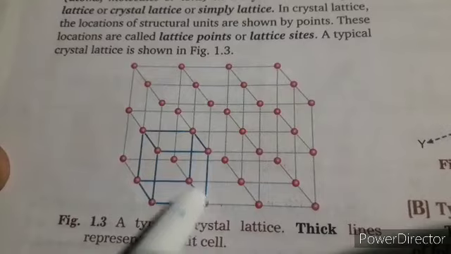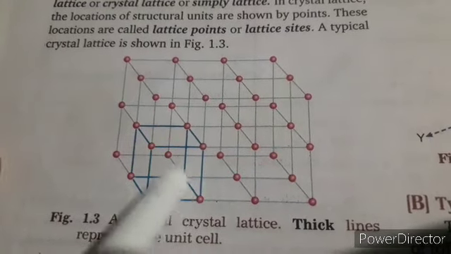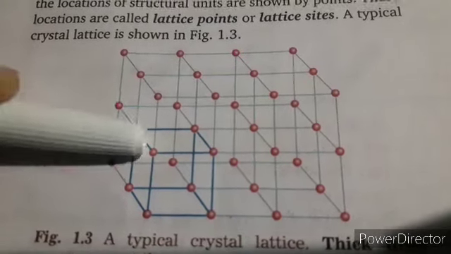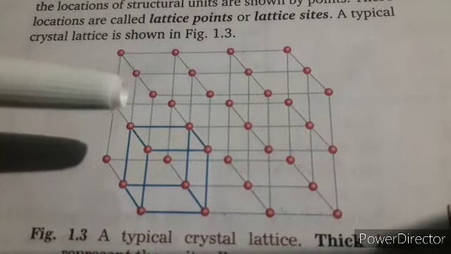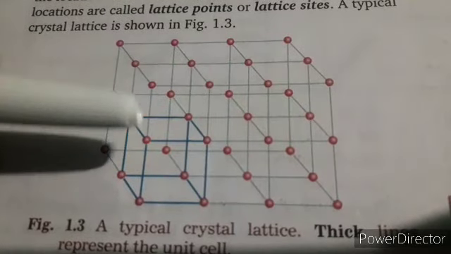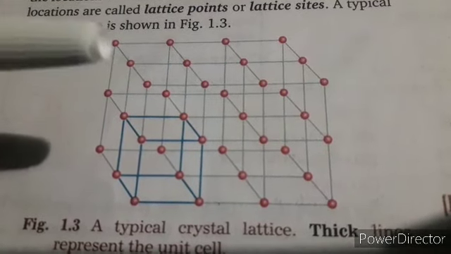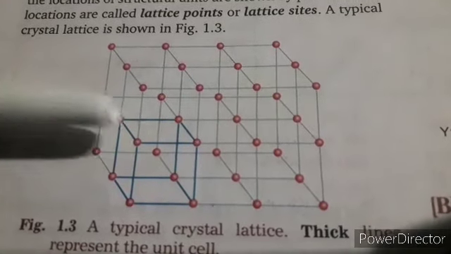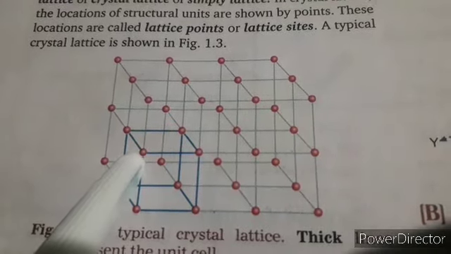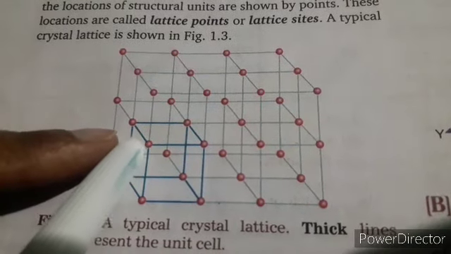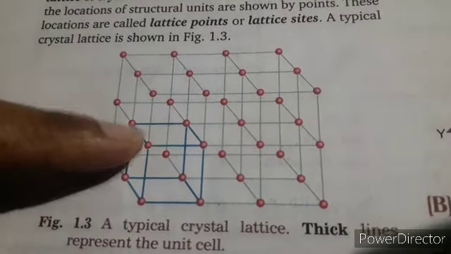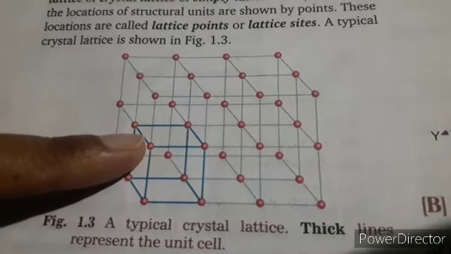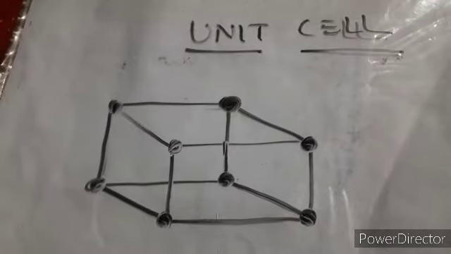So they are attached with each other at points. You are seeing that there is a particular point where these particles are placed, and what does this point mean? This point is basically your lattice point or lattice site. Are you getting my point? I'll give you a diagram in a bigger form also. The point where these particles are attached is known as your lattice site or lattice point. Now we'll focus on the next topic, that is unit cell.